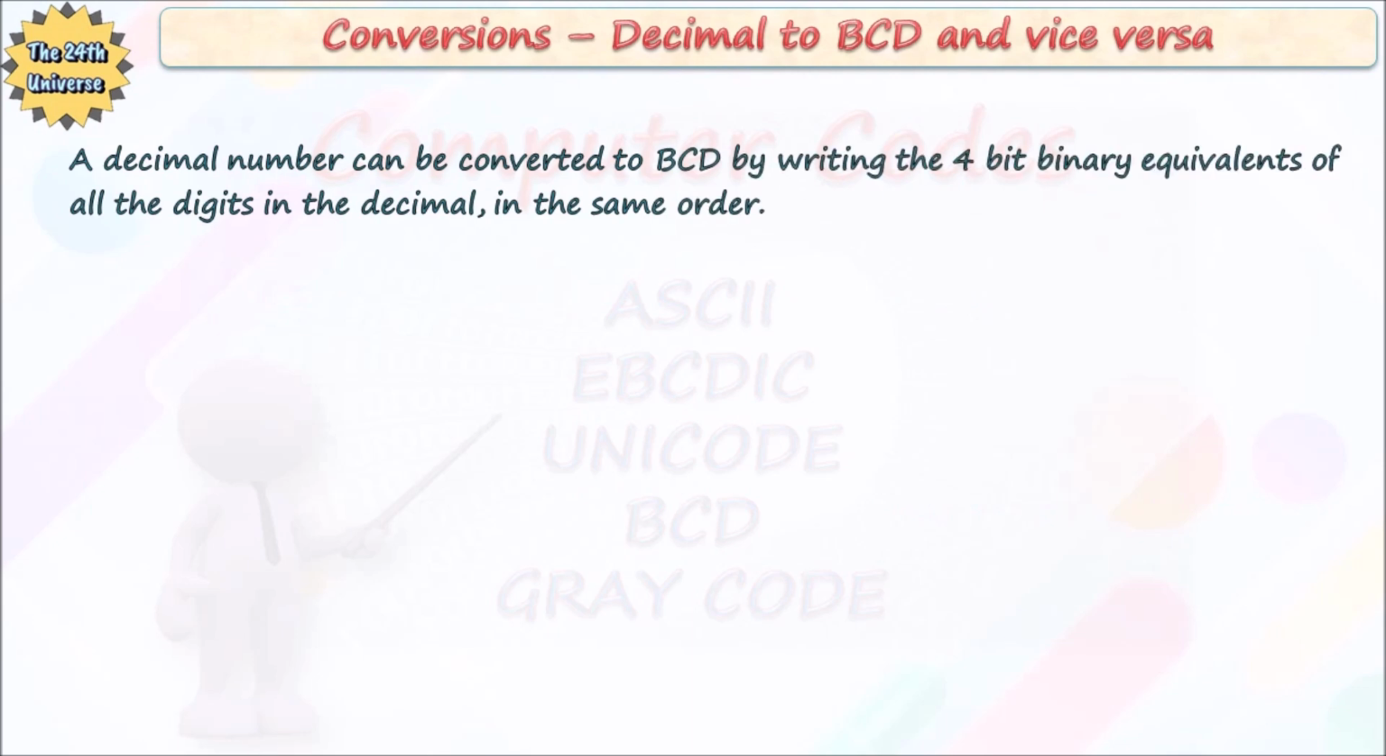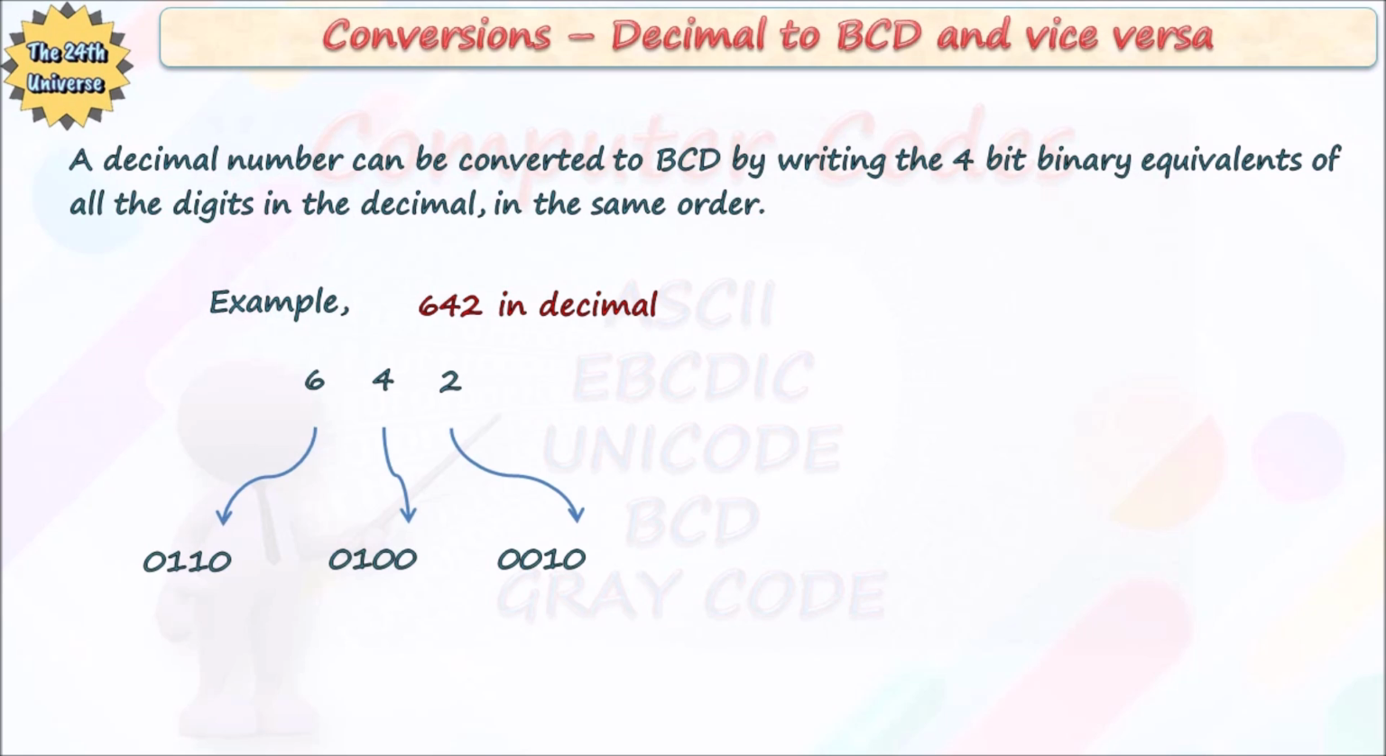Decimal to BCD. A decimal number can be converted to BCD by writing the 4-bit binary equivalents of all the digits in the decimal in the same order. For example, 642 has 3 digits. If we write these digits as 4-bit binary numbers, we obtain the following: 6 in base 10 is equal to 0110 in base 2, decimal 4 is equal to 0100 in binary, decimal 2 is equal to 0010 in binary. Writing those binary numbers in the same order as the decimal gives us the BCD equivalent, that is 642 in decimal is equal to